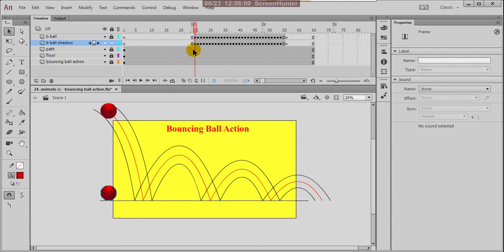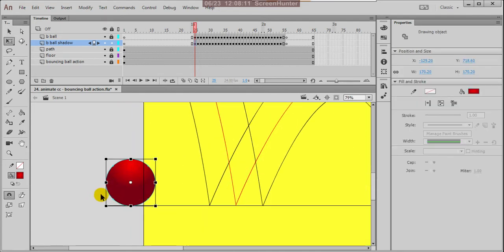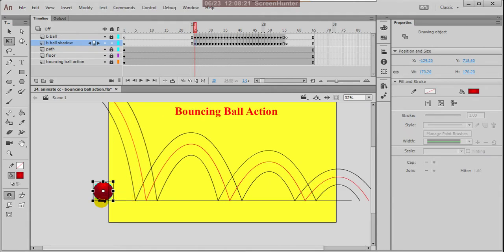Okay, so next what we do, there is a rule when the object is at the topmost, the shadow will be smaller. Okay, so we have to reduce the shadow, because here the ball is at a top position.